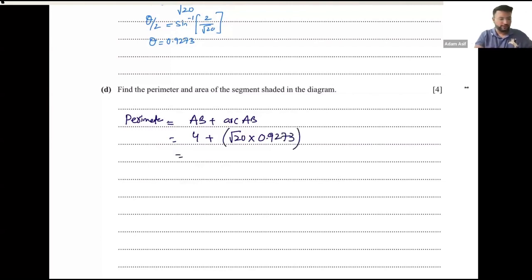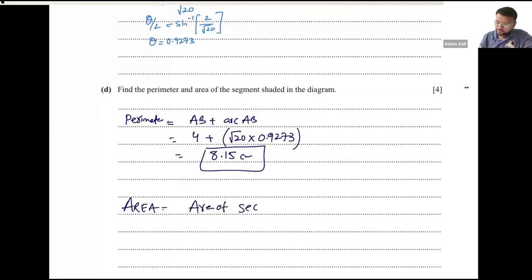ऐड करने के बाद क्या वैल्यू आ रही है? आई एम गेटिंग 8.15 सेंटीमीटर। सही है। अब एरिया फाइंड करने के लिए क्या करेंगे? एरिया ऑफ द सेक्टर में से एरिया ऑफ द ट्रायंगल माइनस कर देंगे। ओके।